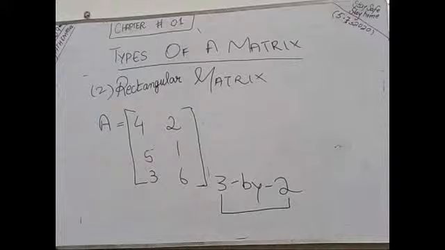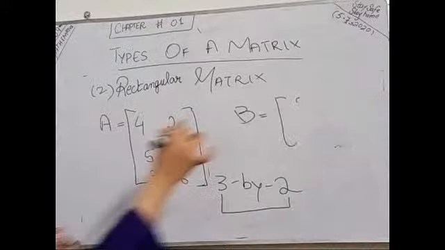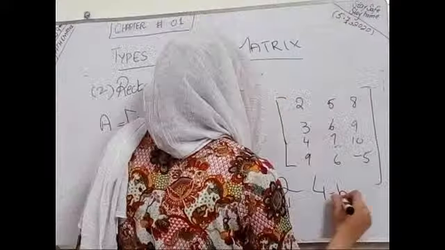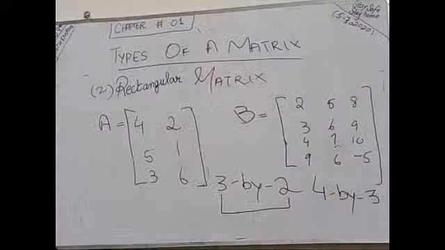हम एक और एग्जांपल दे सकते हैं। मैट्रिक्स वी हैव। अब हमने देखना है कि इसमें कितनी नंबर ऑफ रोज हैं, कितनी नंबर ऑफ कॉलम्स हैं। वी कैन सी इसमें 4 नंबर ऑफ रोज हैं एंड 3 नंबर ऑफ कॉलम्स हैं। सो नंबर ऑफ रोज आर नॉट इक्वल टू नंबर ऑफ कॉलम्स, सो दिस इज अ रेक्टेंगुलर मैट्रिक्स। सो द नेक्स्ट टाइप ऑफ मैट्रिक्स वी आर गोइंग टू स्टडी इज स्क्वायर मैट्रिक्स।